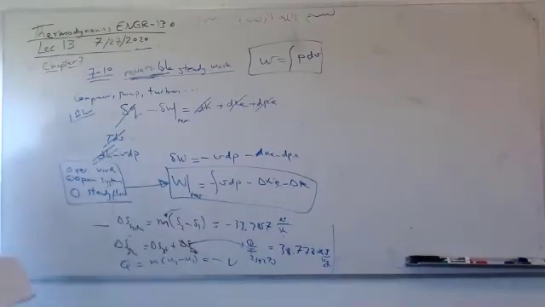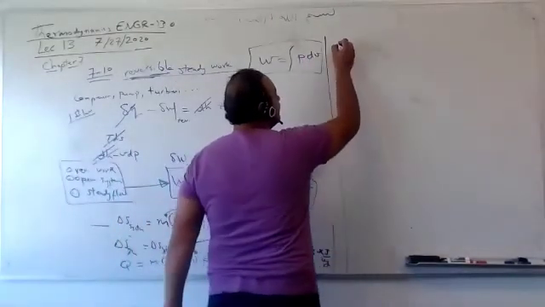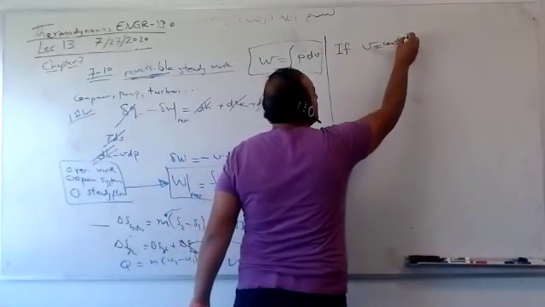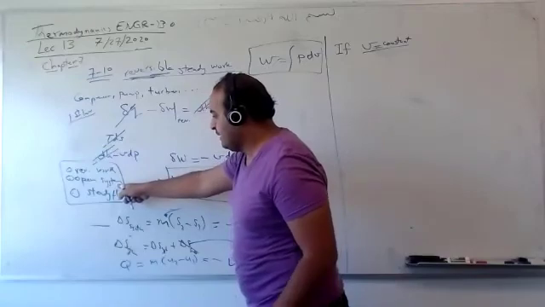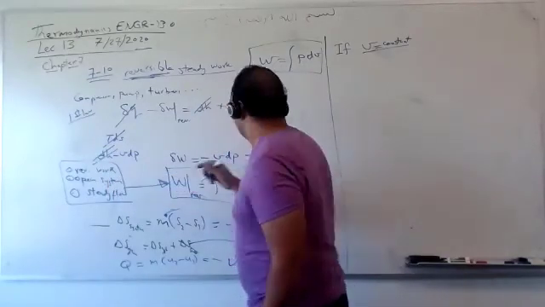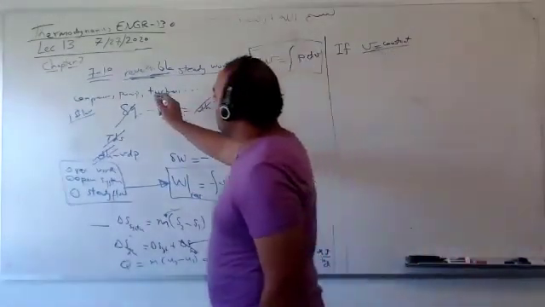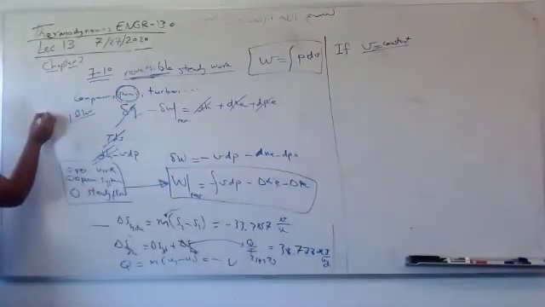Let's go to a special case. Let's say the volume is constant. Guys, this is an open system. I cannot say, for example, a rigid tank or piston cylinder. This is an open system. If the volume is constant, like what, guys? Like a pump. Pump is a very famous problem. Pump is a device